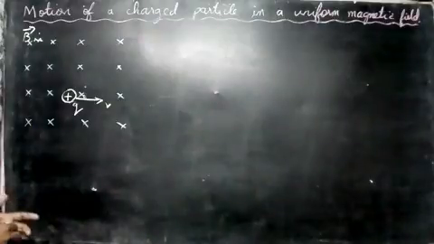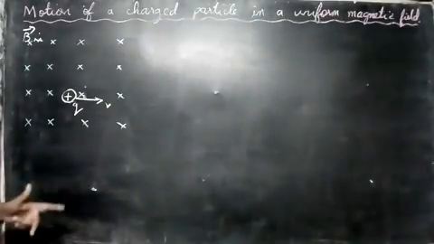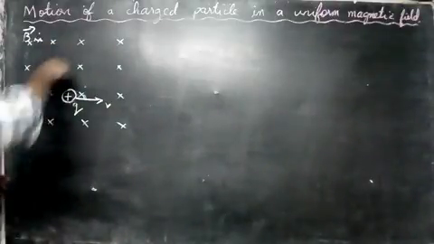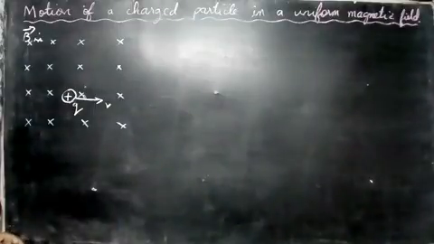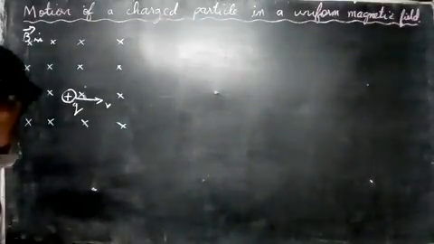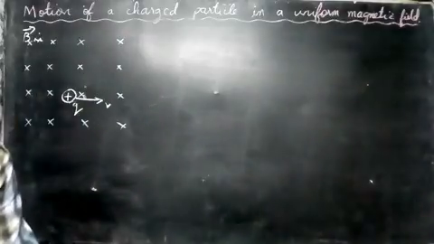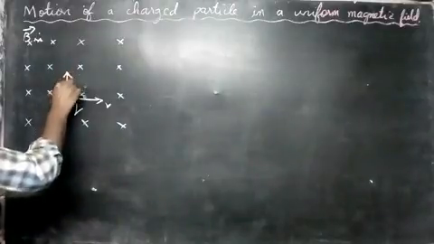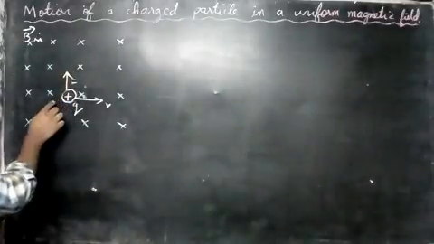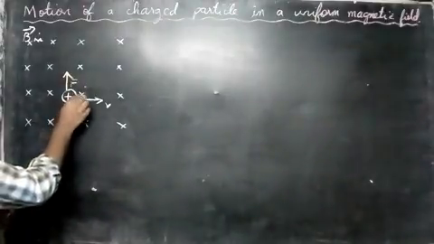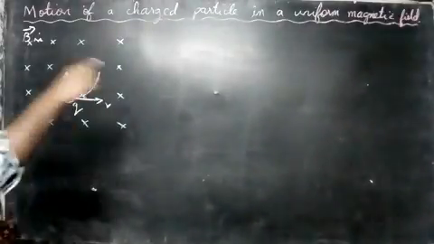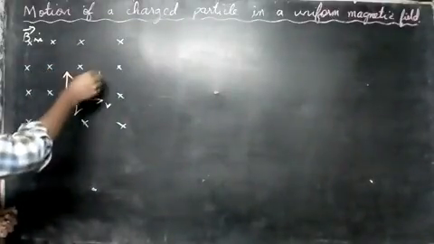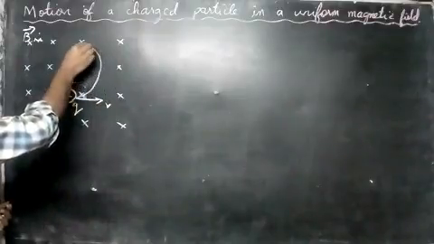Now we use the Lorentz force. You can see the force will always be acting inwards. So let me take another chart here. The magnetic Lorentz force will be acting inwards here, and due to this force the particle will curve. The magnetic field makes the charged particle curve. When it comes here, at this point also the force acts towards the center. So it's like a centripetal force, and the particle will go on a circular path.